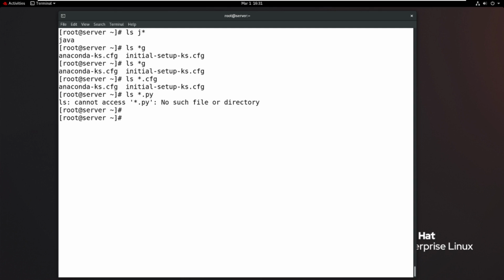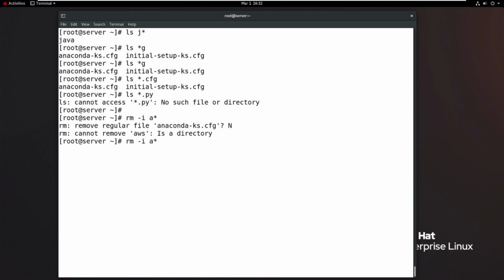Okay, in case you want to remove only the star files, then with the help of rm -i, what happens? See, now it asks to remove the regular file anaconda-ks.cfg. So now, it depends on the base command. ls means listing only. Now I wrote rm here, then it is removing only. I don't want to remove.